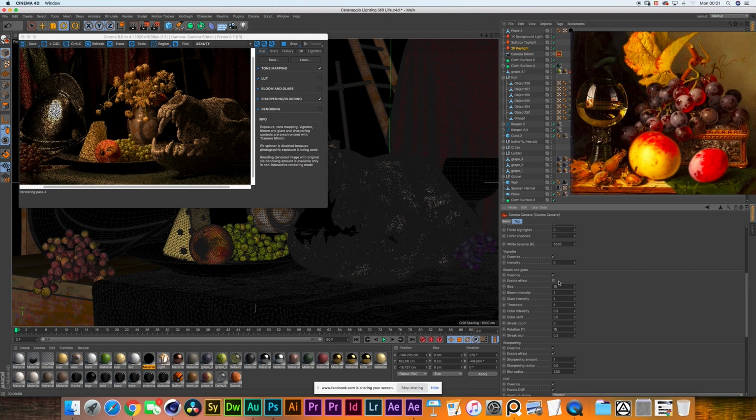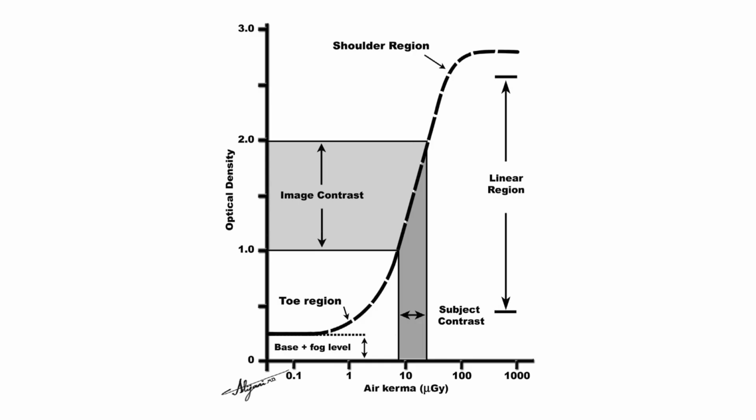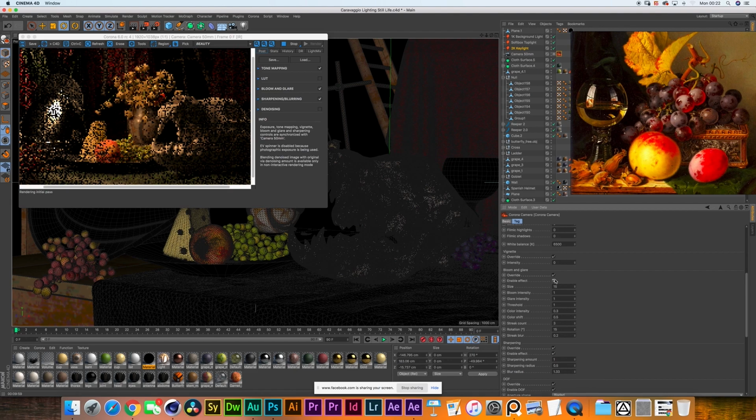It is, because exposing on the shoulder, that's where you're getting the best out of the sensor as opposed to exposing on the toes of the curve. For those who don't know, the toes of the curve is where the curve starts at the bottom left corner, and the shoulder is on the top right where it starts moving back into the S shape. Now I'm quickly going to enable the bloom and glare, putting the bloom to 2, size 25, and